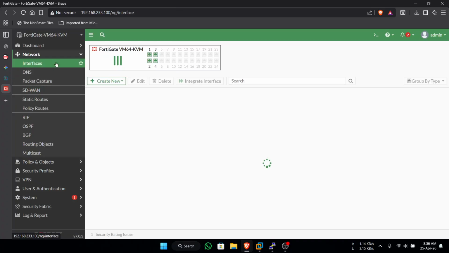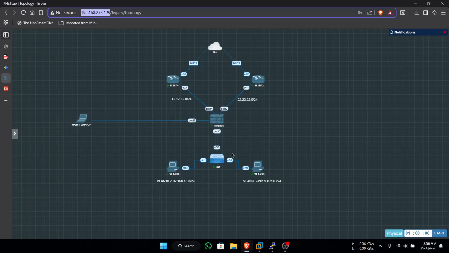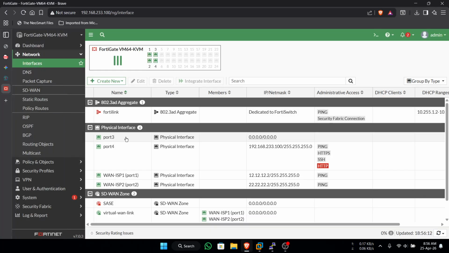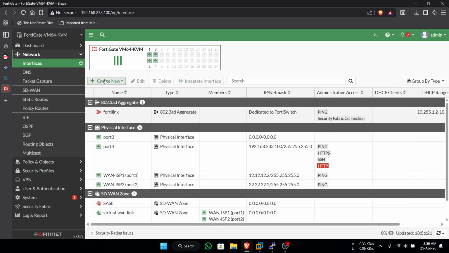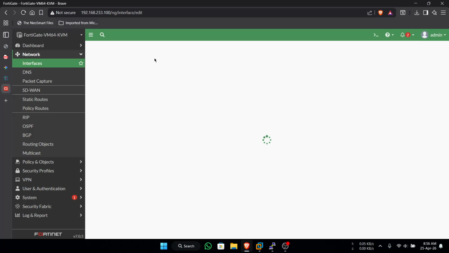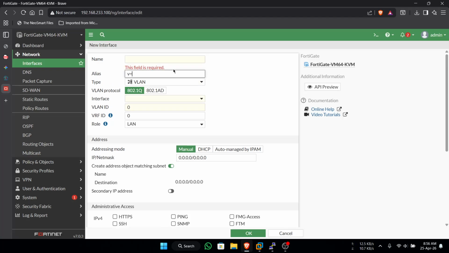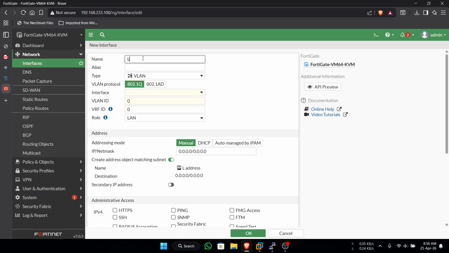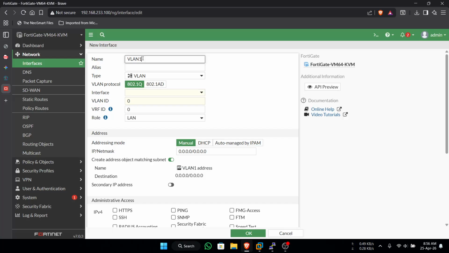First we must make a VLAN in port 3 because this is connected to the switch. Click new here, interface, then alias, maybe VLAN 10 like this.